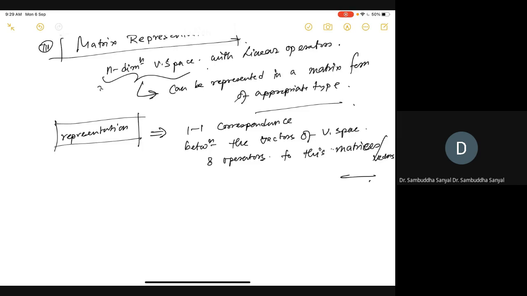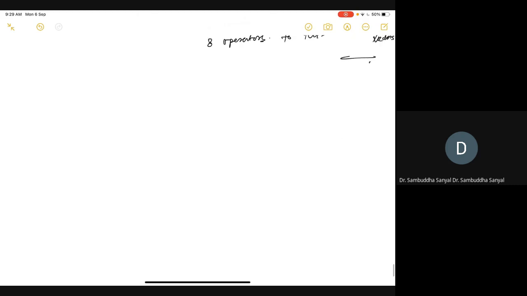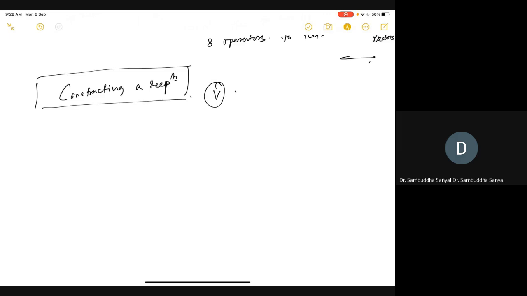Now this helps us bring this whole abstract idea into a more concrete form. So let's go for a little more illustration of how to construct a representation. So constructing, and then go for examples. If you know all these properties, now I'm just giving it a structure. Now you can imagine that I have an n-dimensional linear vector space. So let's say the B.